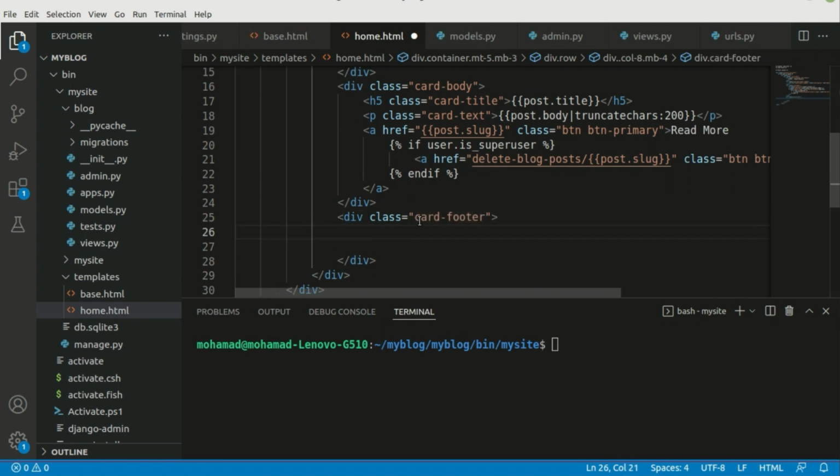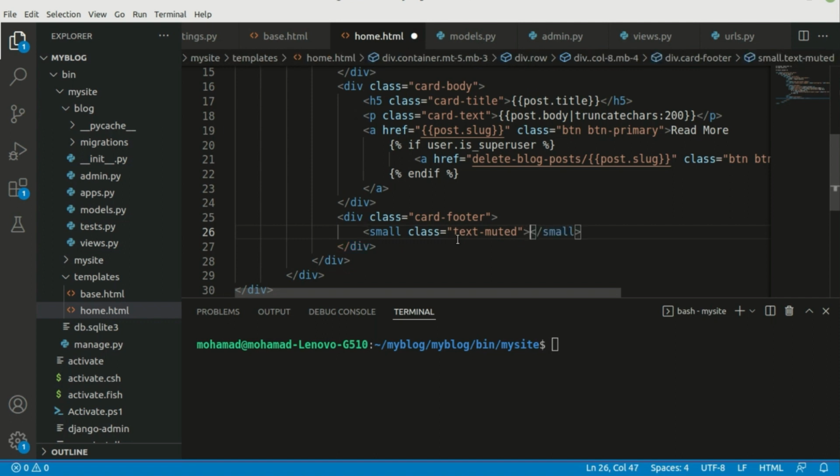So in the next line, I'm going to add the small tag, small, and then class equals to, so the class text muted, and then I'm going to close this, and in between I'm going to write the date of creation, which in our models was